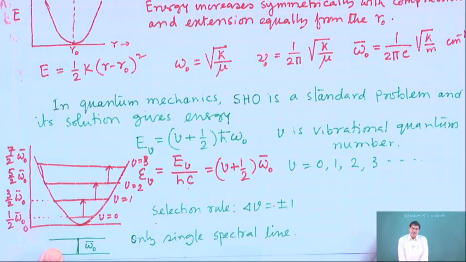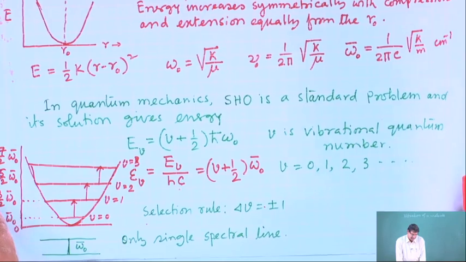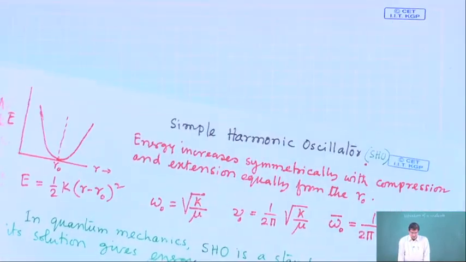from infrared spectroscopy or vibrational spectroscopy, we will see only one line, which will have the frequency omega 0 bar in centimeter inverse, means in wave number. So, that is the case for a vibration of a molecule when we are considering the simple